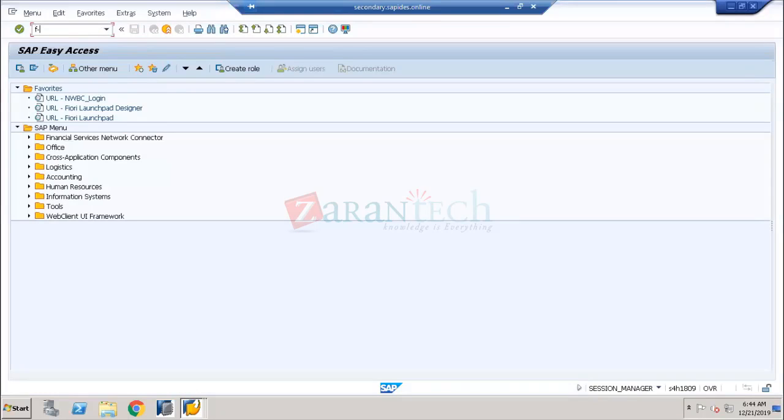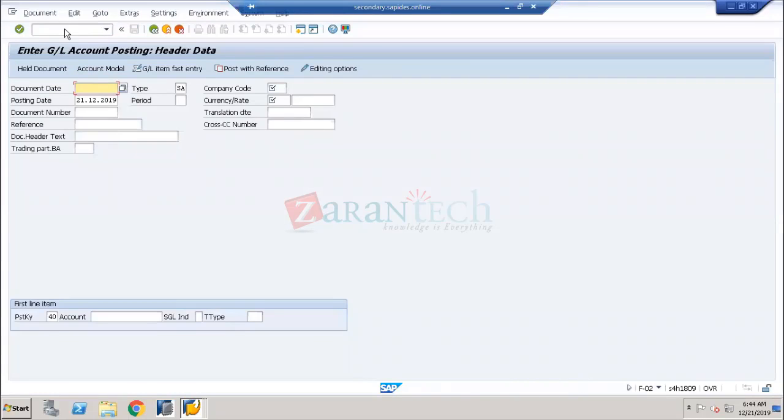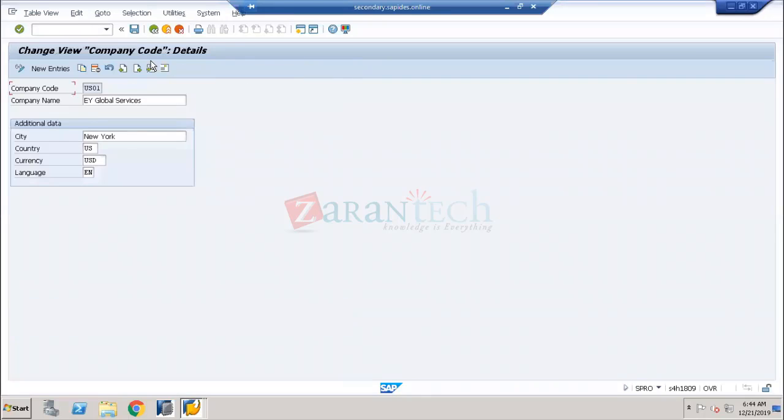If I go to F-02 or some transaction, here we place the company code. Without the company code, I cannot enter any GL postings, not only GL, but any integration accounts from material management to GL or sales and distribution to GL. Any integrated documents which get reconciled to my general ledger accounting will not be updated and posted in SAP. Why? Because company code is called a legal entity. So if I go back,